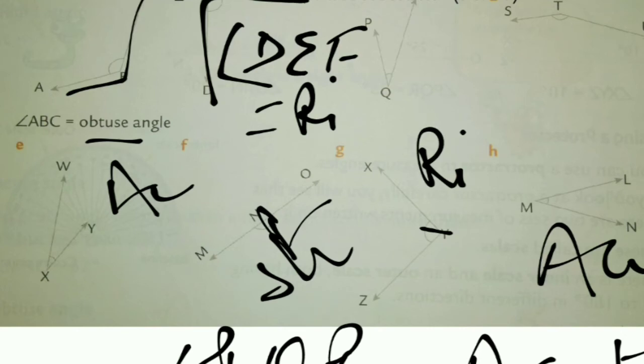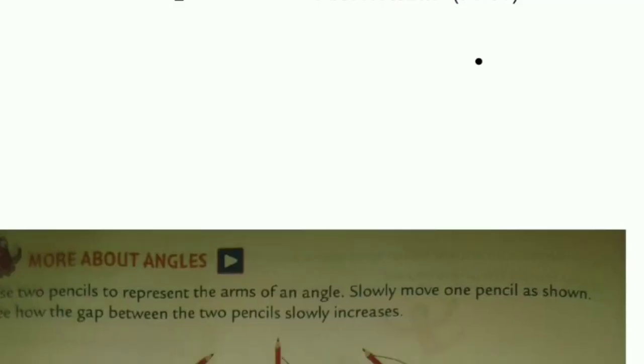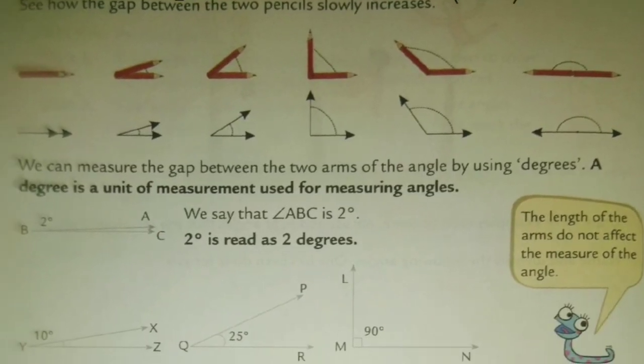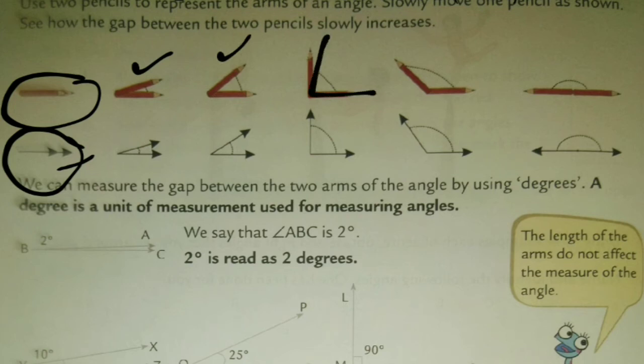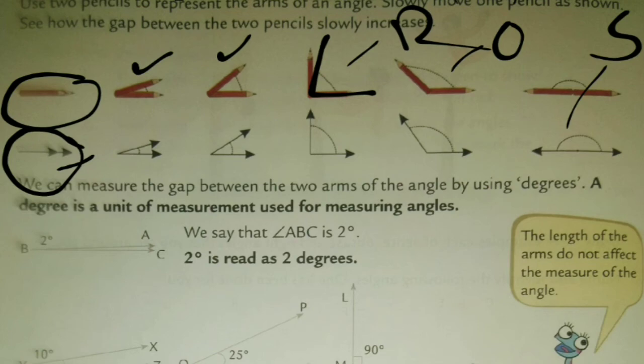Now the next one is more about angles. See, this is showing 0 degree, or in this one when two arrow you will see, this is complete angle, this is acute angle, this is also acute angle. This one is like this straight, it means right angle. This one is obtuse, this one is straight angle. Like this it is showing in the base of pencils and this angle.